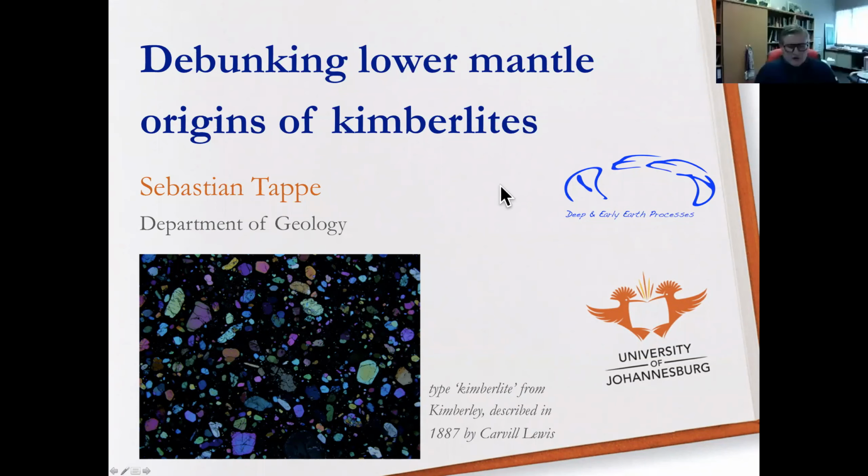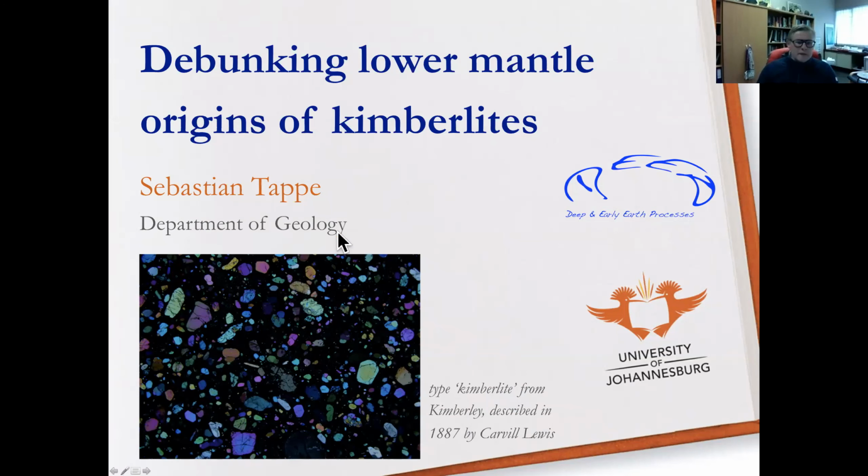Yeah, thank you very much for the invitation to speak today. And I've changed the title slightly from what was advertised. Essentially, I will be using tungsten isotopes to sort of refuel the debate about where kimberlites come from. Do they have an upper mantle origin, or do they have a lower mantle origin, as has been proposed quite frequently? So I will be talking about kimberlites in general, but use new evidence from tungsten isotopes for these rocks